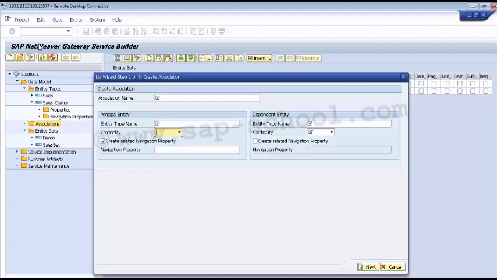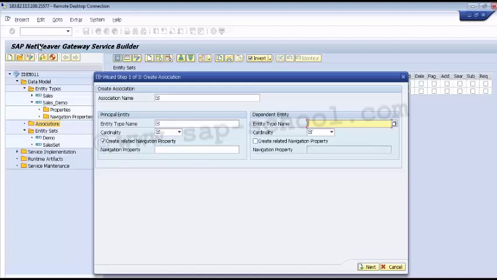Then we have the dependent entity. In this also we have the entity type name, which means that we have to specify the name of the entity type defined as the related entity in the new association. We can also press F4 to select the entity type from here. The entity at this part of the association exists only if an entity type has been defined for the principal entity. Then, similar to the way we define the cardinality in the principal entity, we have the cardinality here. It specifies the relation between the specified dependent entity and the principal entity type.